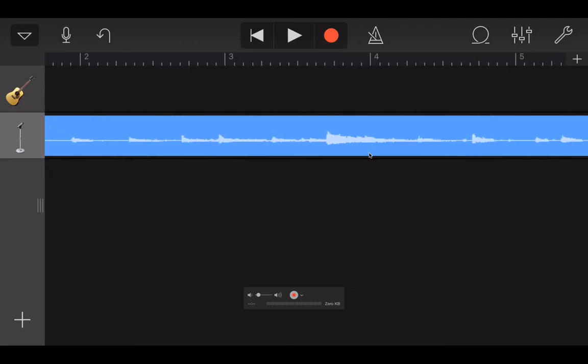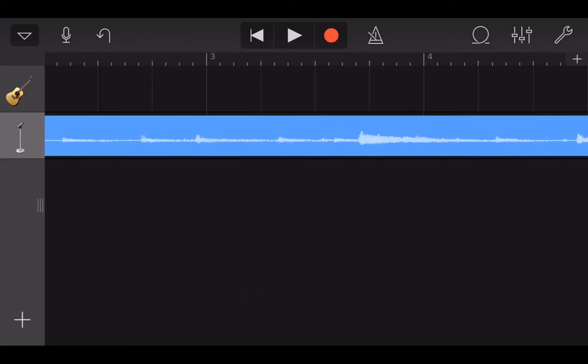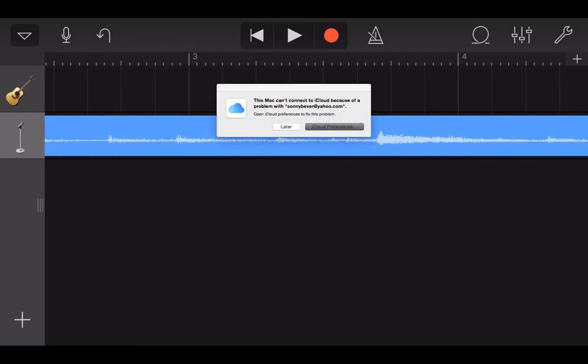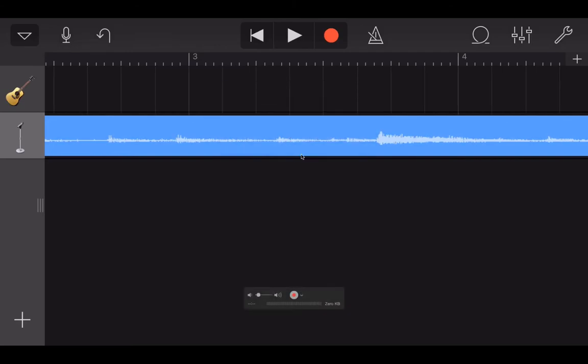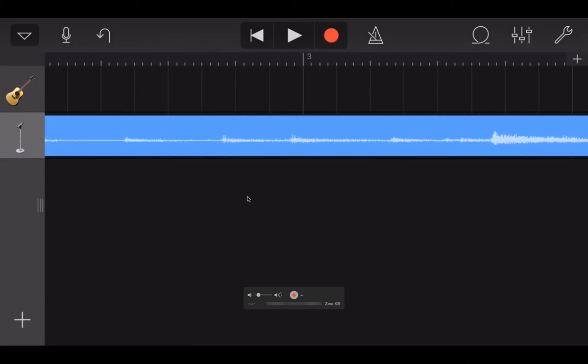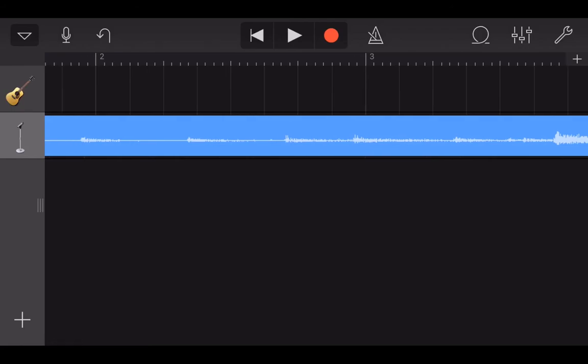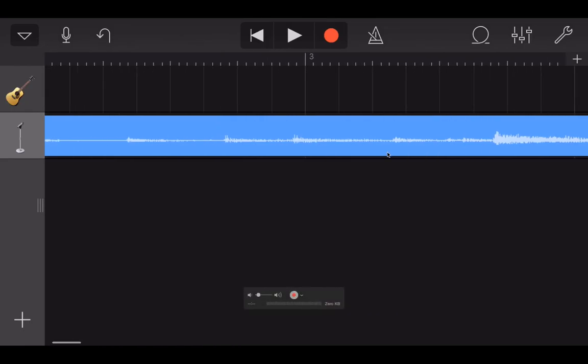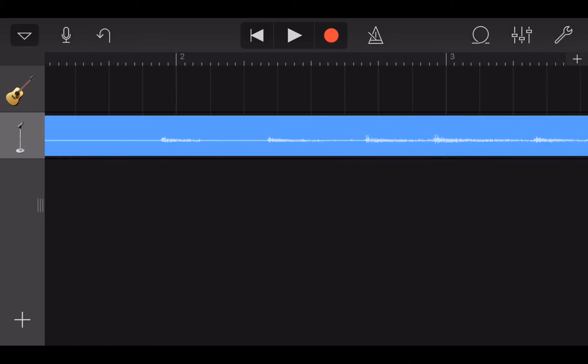So what you want to do is just zoom around and zoom in as much as you can. Now in this song here, he's kind of bouncing around on the click. He's not dead on the click the whole time, but you'll see some impulses ahead of it, some of them kind of behind it. But what we want to do is average them out and get it as close as we can. So I'm just going to zoom in,